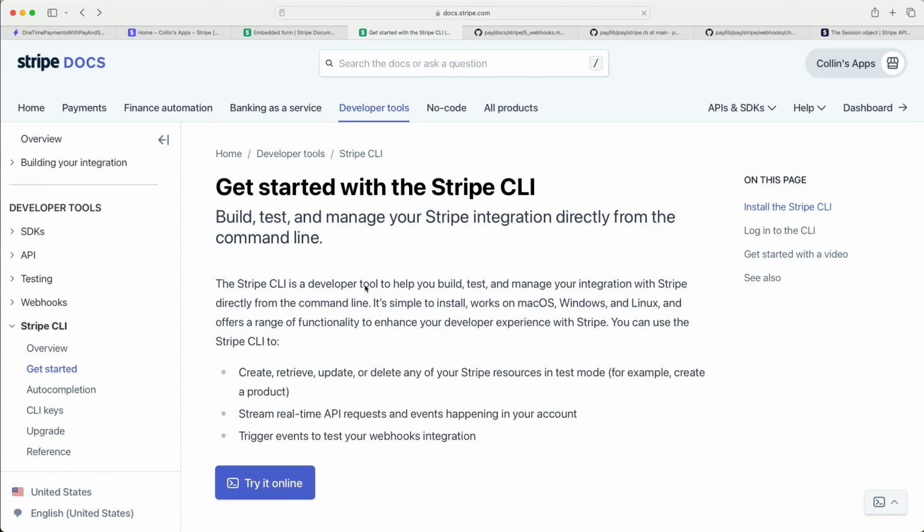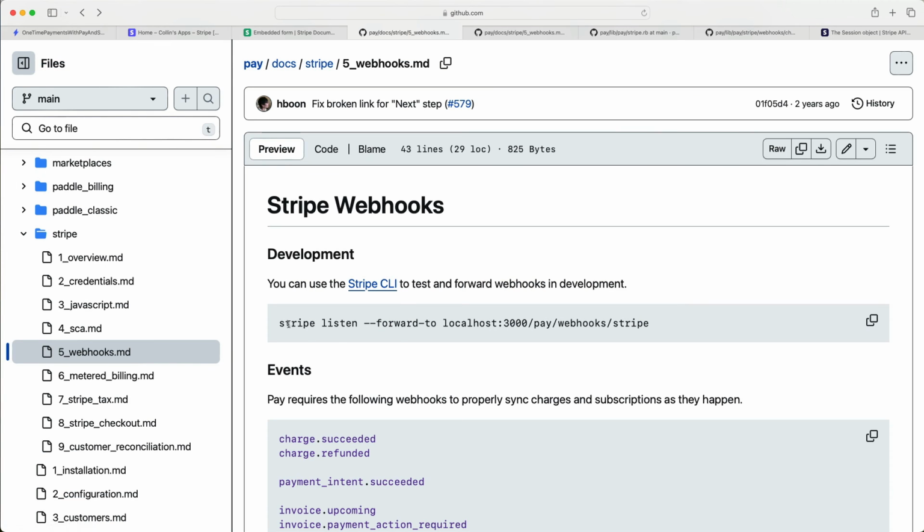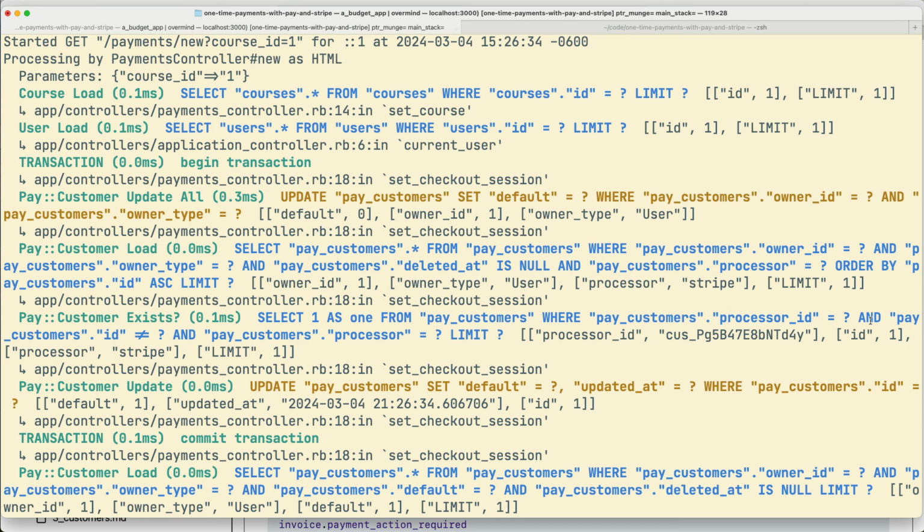It's very straightforward. But once you have it done, what you can do is run this command here. There's an endpoint mounted in your application already by the Pay gem that lands this route in there, so that when webhooks come across, they get sent here, and Pay will process that and handle it appropriately. So if we copy that and come back to a new terminal tab,